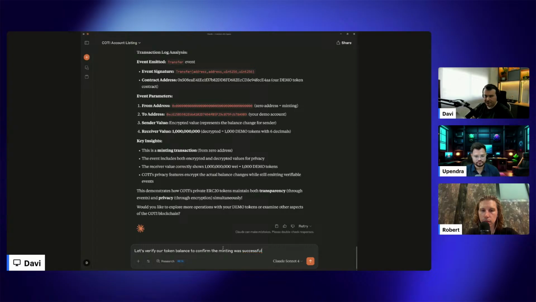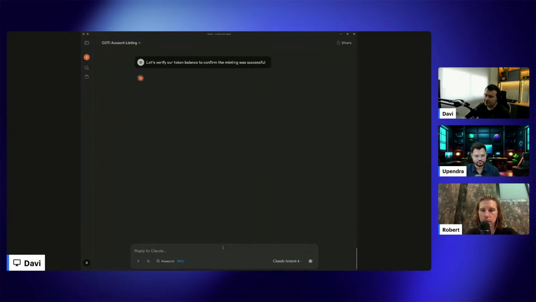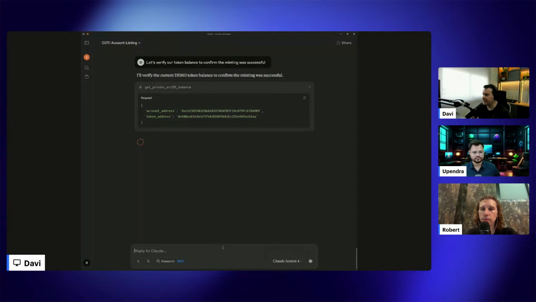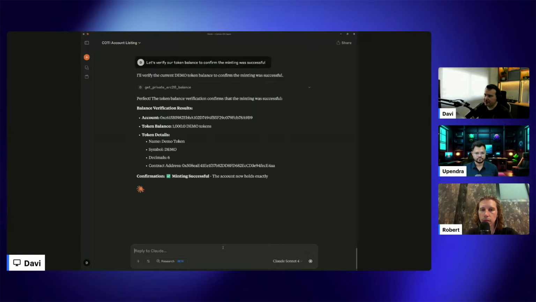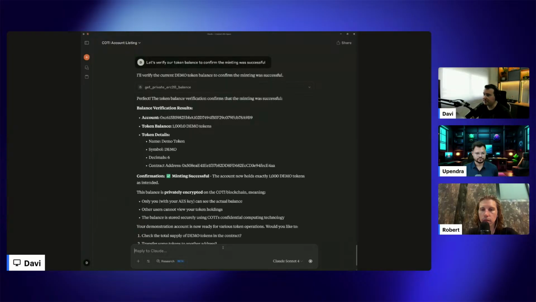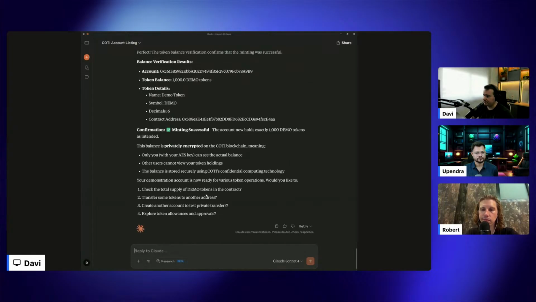And just to see, the get ERC20 balance being called. So the token address is here, the account address, and that's it. My account now has 1,000 demo tokens with 6 decimals. So that's basically the confirmation, just to confirm.